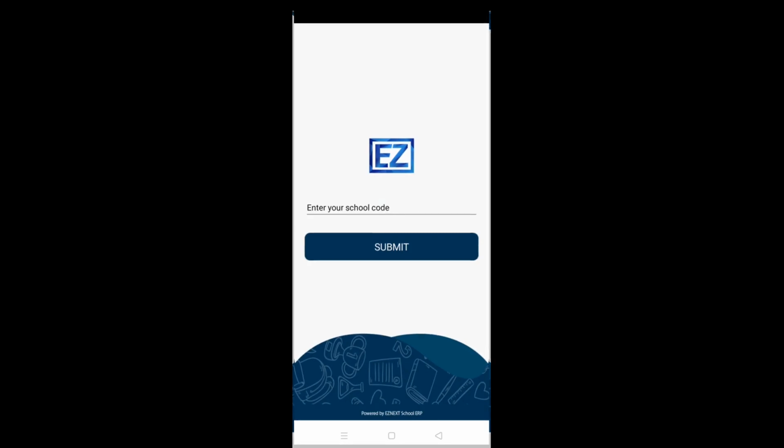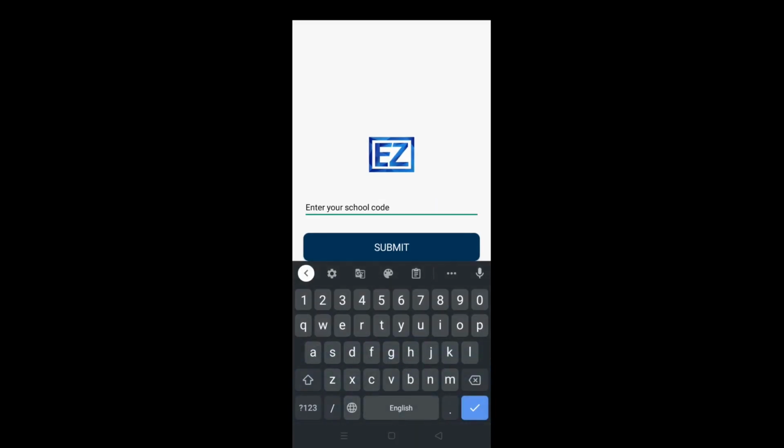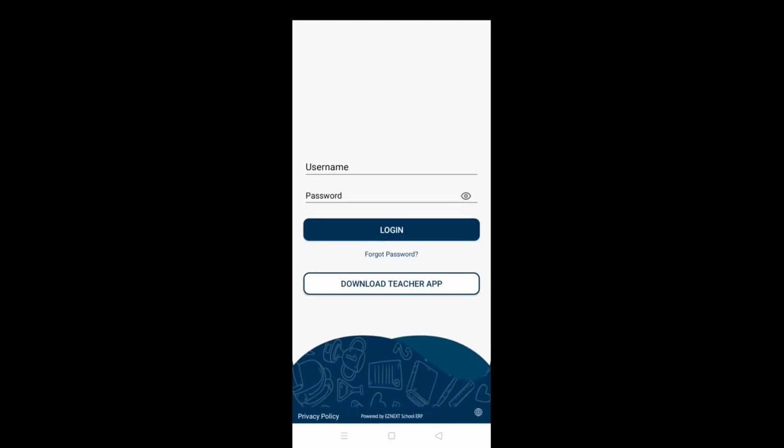So now click on get started, and for each and every student in Sophia Convent School we have the school code which is common, which is SCSS, and once you submit you have already received a special username and password by your teacher. And in case you have not received, I would suggest all the parents to send us a WhatsApp message. Here I have given the input, I have received the login, and I have just mentioned my username as well as my password.